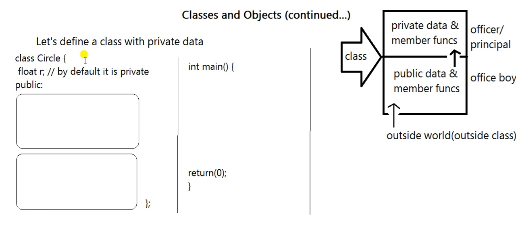The class circle has a private data float R. I have not mentioned anything private here. Still it is by default private, because if you don't mention anything in C++, a class has a default scope of private. That's why though no private keyword is used over there, it is considered a private data member. Now for public, we have to mention the public section clearly. Whatever you write under this comes under the public section.